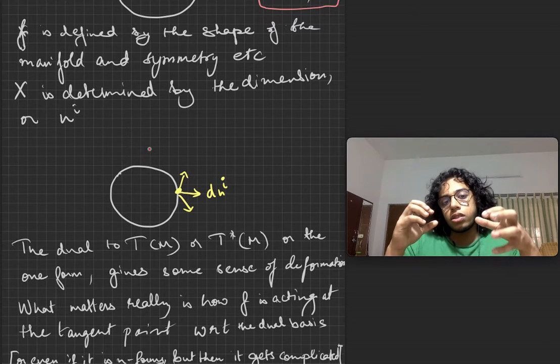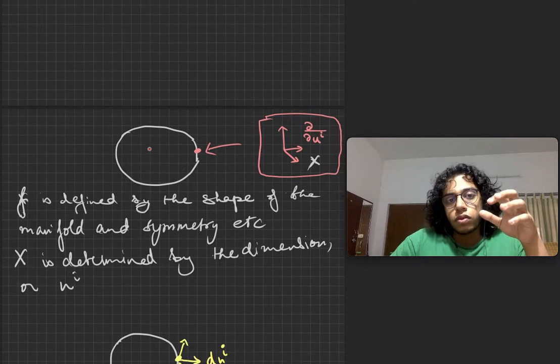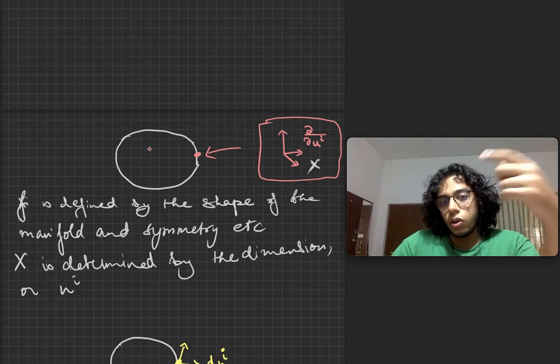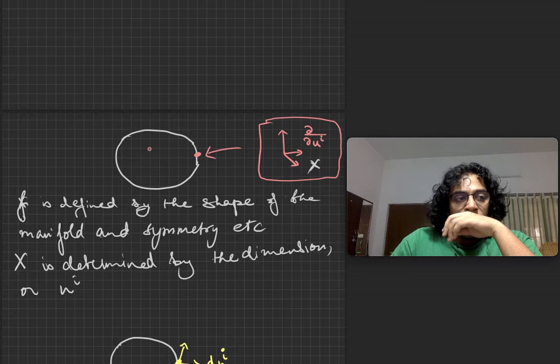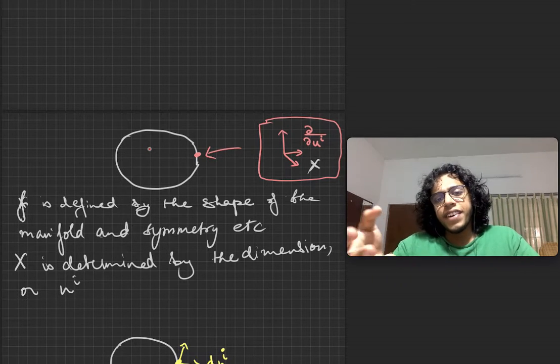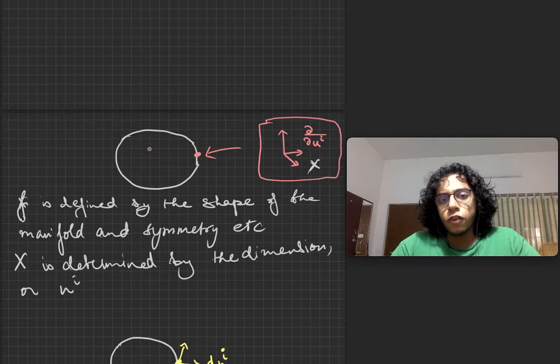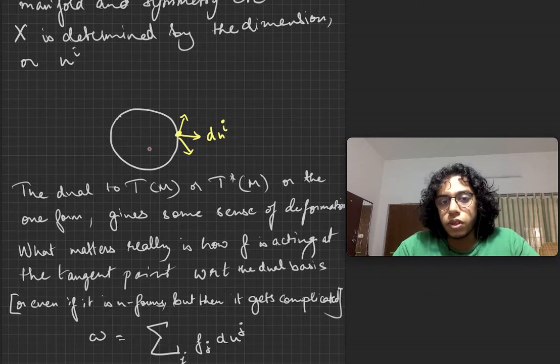So the intuitive idea is okay. Here in the tangent space, you need to give a function, or some sort of way for the tangent space to act on the point, and that will tell you how the point will actually undergo some sort of dragging or deformation. But here in the dual space, or when it comes to the differential, you are talking about